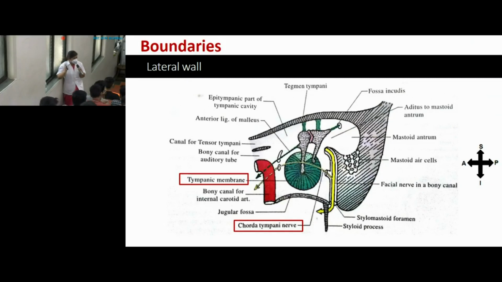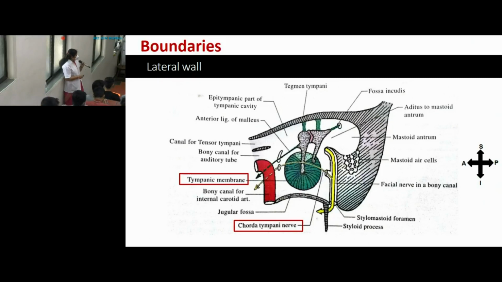Okay, 3 layers. So in between the mucous layer and fibrous layer of the tympanic membrane, there lies this part of the malleus. Can you see this part? This is the handle of malleus. The handle of malleus is present between the mucous layer and fibrous layer. And you can see medial to the handle of malleus, there is one nerve seen passing from posterior to anterior side. Which is this nerve? This is the chorda tympani nerve. For passage of this nerve, there are 2 small openings. This is the posterior canaliculus for chorda tympani nerve, and this is the anterior canaliculus for chorda tympani nerve.